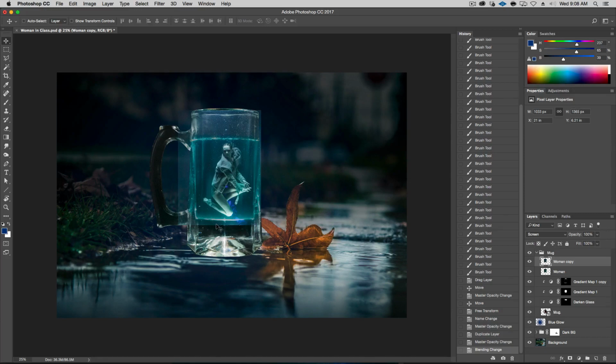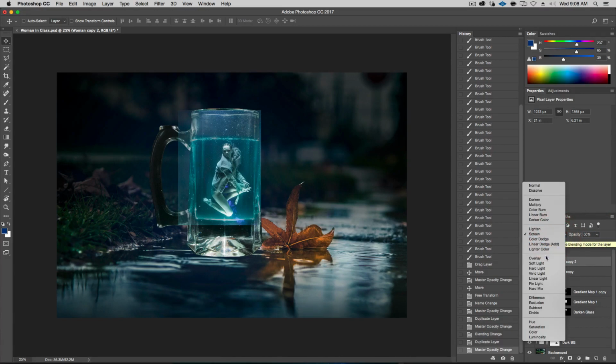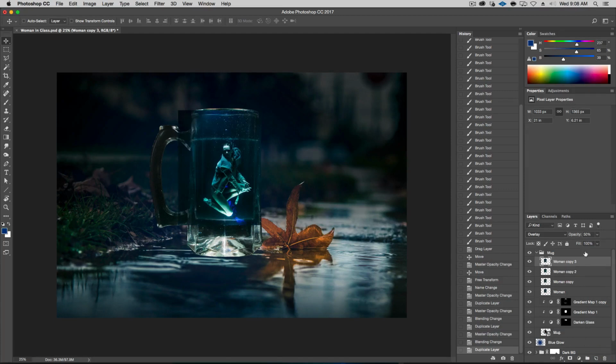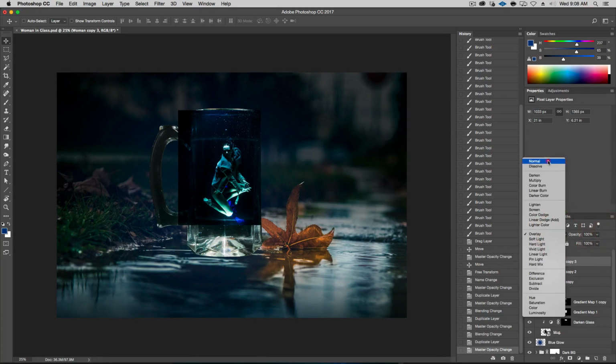And then we're going to make another one on top. This one at 50, and let's put this one at overlay. I'm just going to add a little bit of contrast, which I like in here. Now there's another one that I'd like to do, and it's kind of strange, well, it's not that strange. Here, I'll show you. So let's put this back at 100 and back to normal.